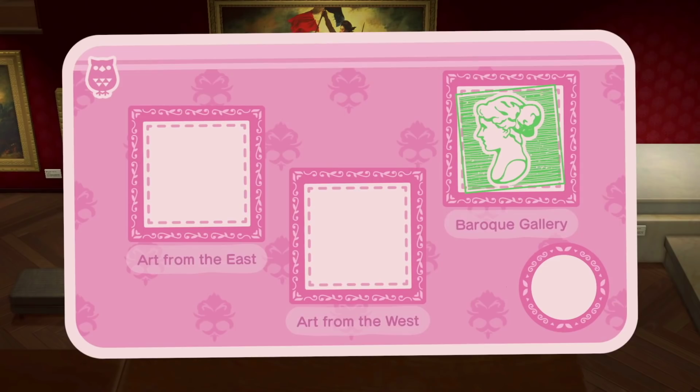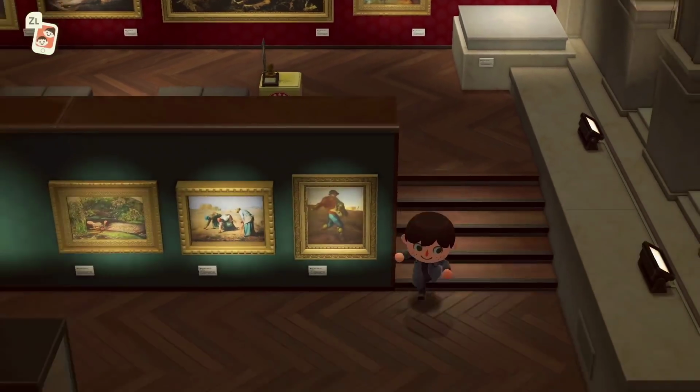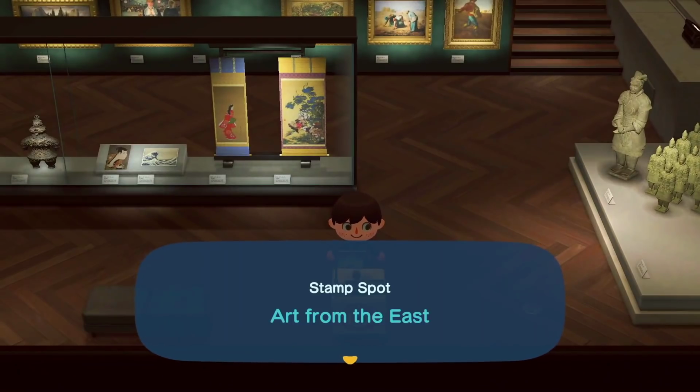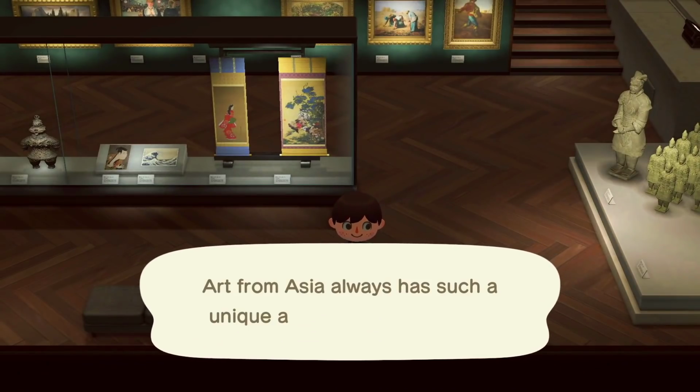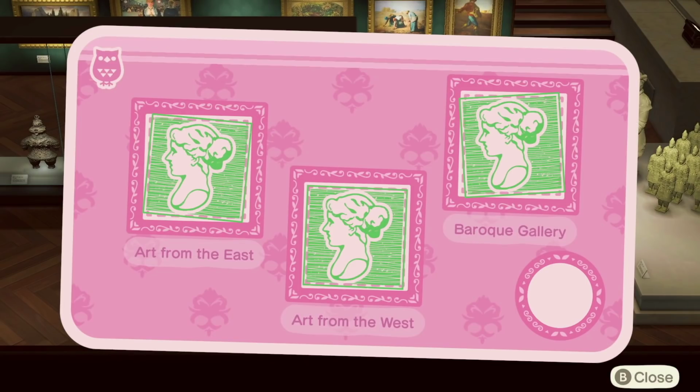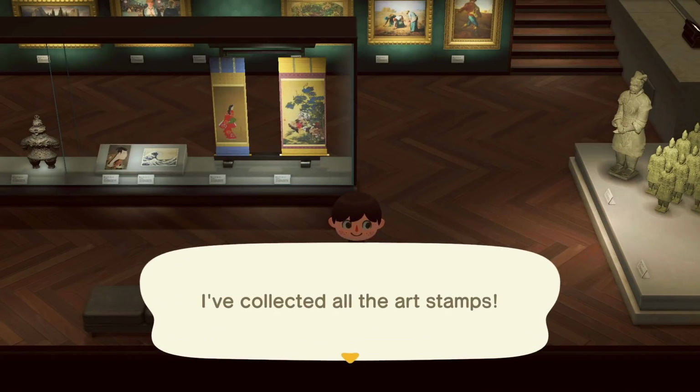So it's really cool to see that they decided to update the art section so that we could actually get stamps from here this time around. I definitely think the art section is probably the one that most players have still not quite completed. I'm sure loads of you out there have, but even for me, I've still not completed it